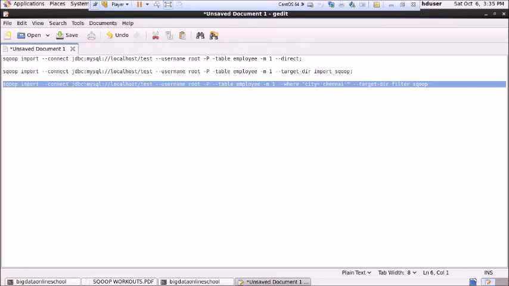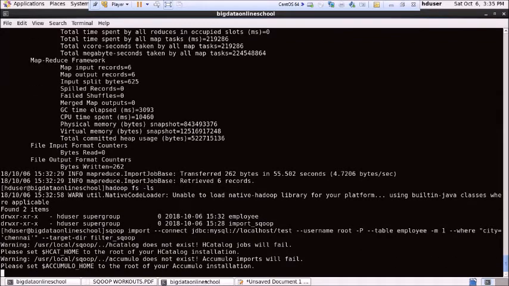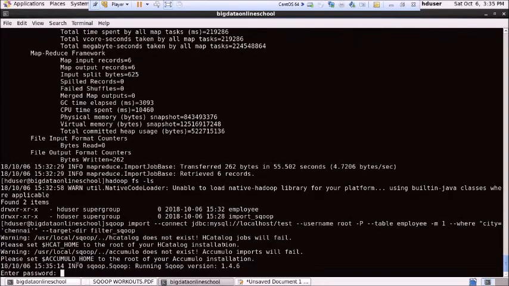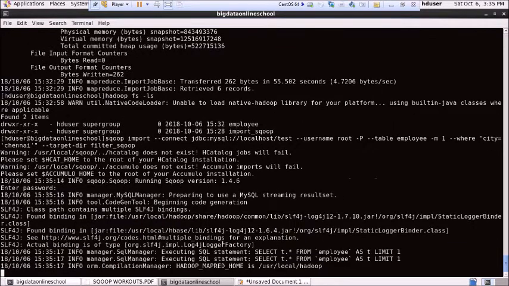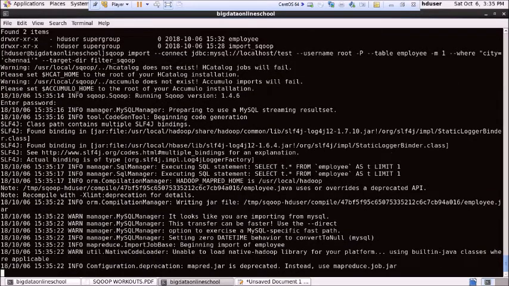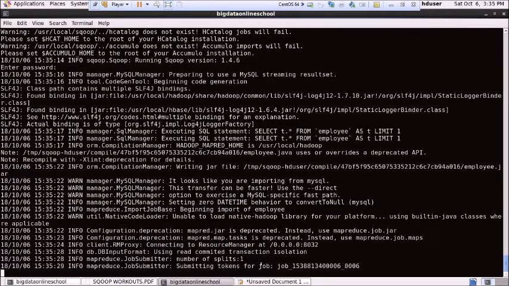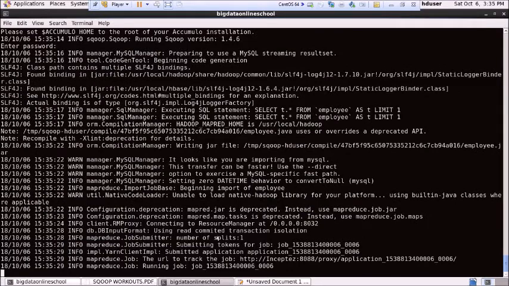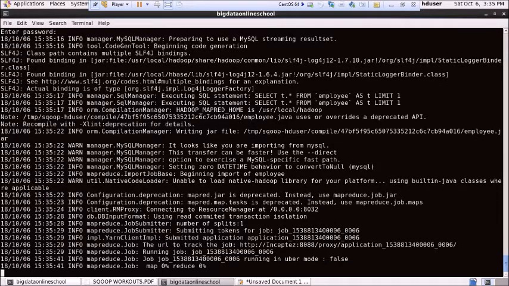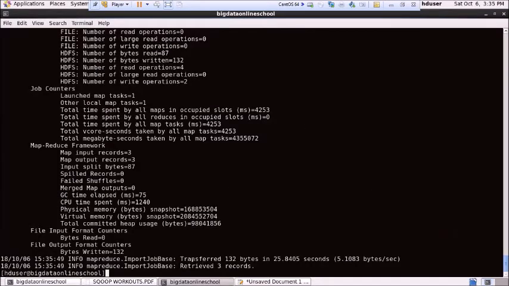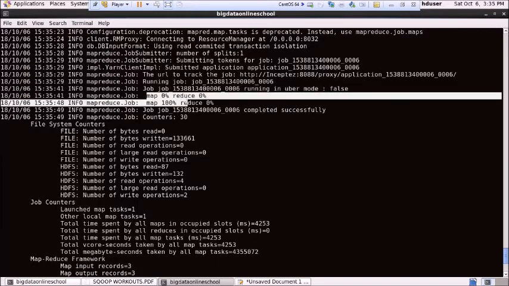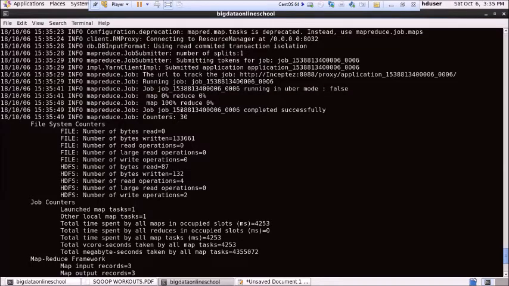Let me put this query. If I put this query, first of all, it will ask me for password. Once I put the password here, you can see that resource manager is going to start and it will launch mappers here. It is going to connect with resource manager. Once it gets connected, our number of splits will be done and then mappers will be launched. See here, mapper is started and now it will be completed in few seconds. There you can see only one number of mapper was launched, so mapper was there and the job is completed